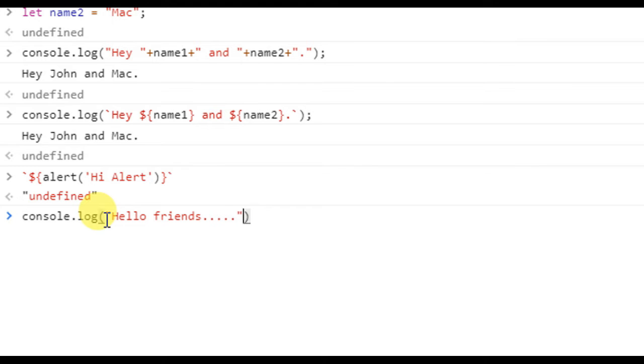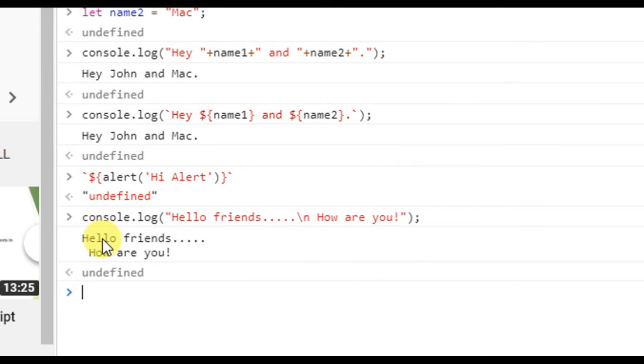Either you will write a new line character, new line, how are you all. See, we have a multi-line message by using normal JavaScript.